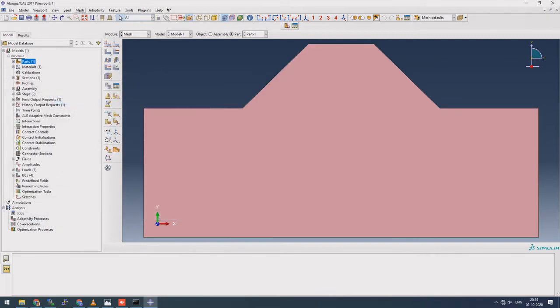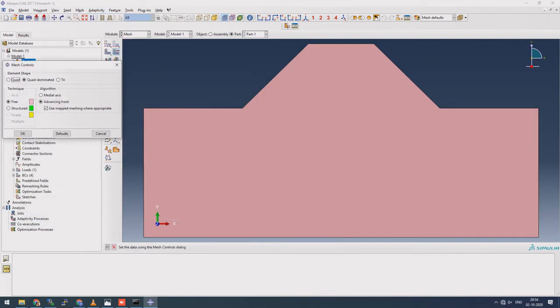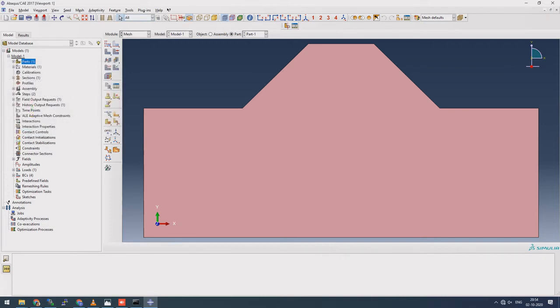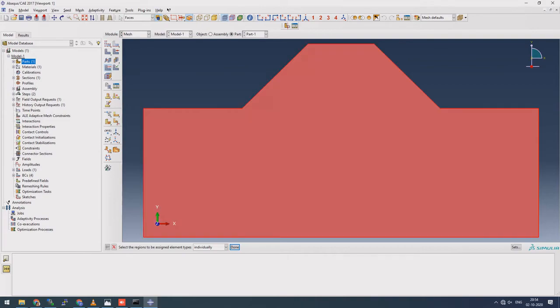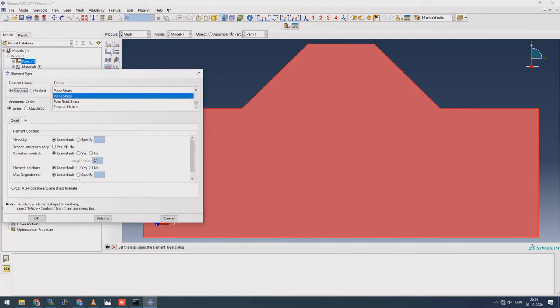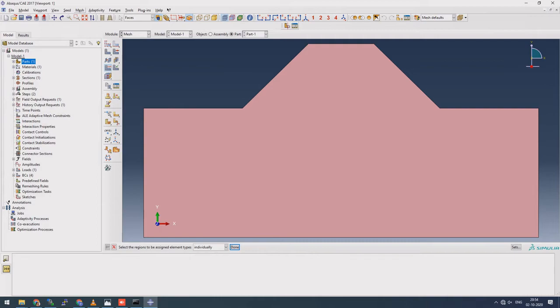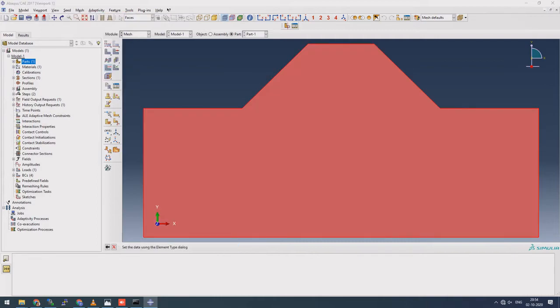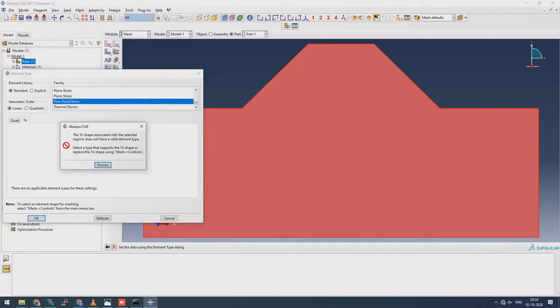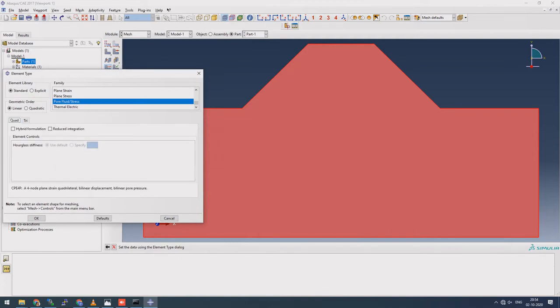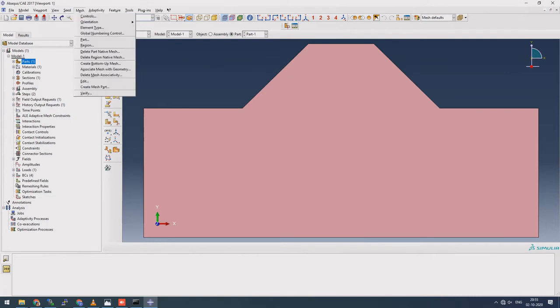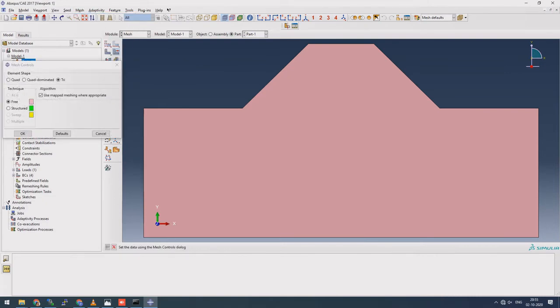So we need to change the mesh controls from quad to tri, and click on OK, and then we can apply mesh element type to this. Oh, sorry, again, mesh element type should be pore fluid stress. Have we applied or not? Just wait.